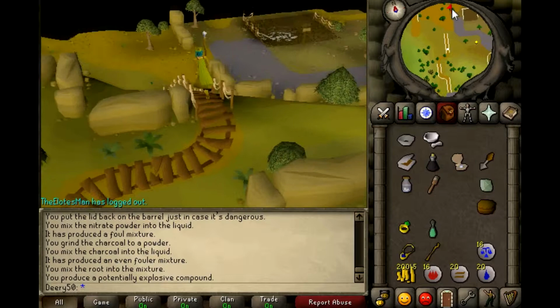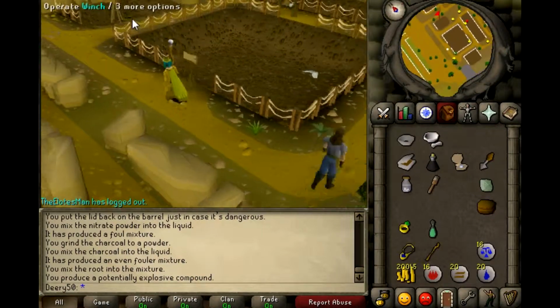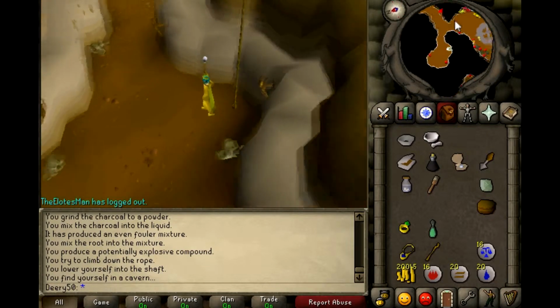Head north through the Digsite. You want to get to the northwestern winch. So just go over here, and here's the northwestern winch. You want to operate the winch, and then once you're down here,